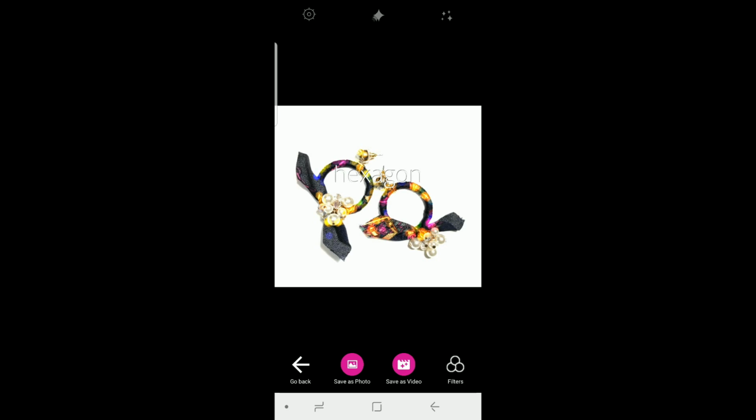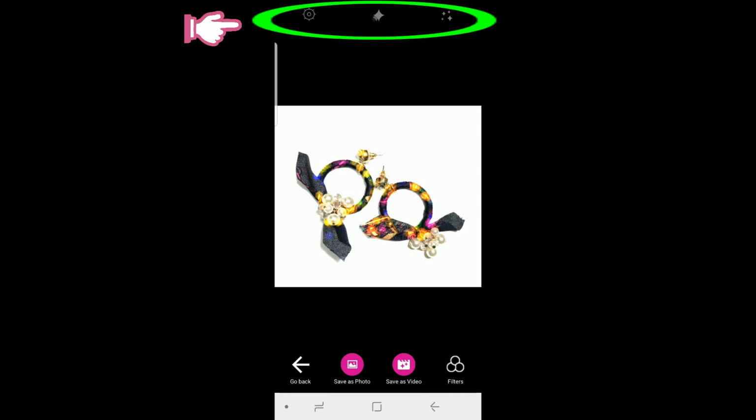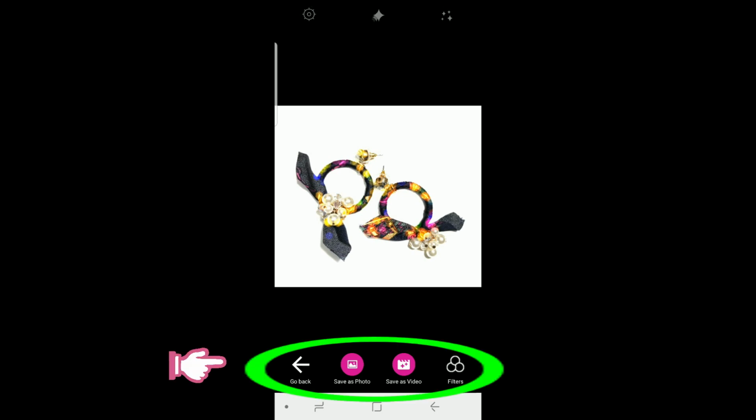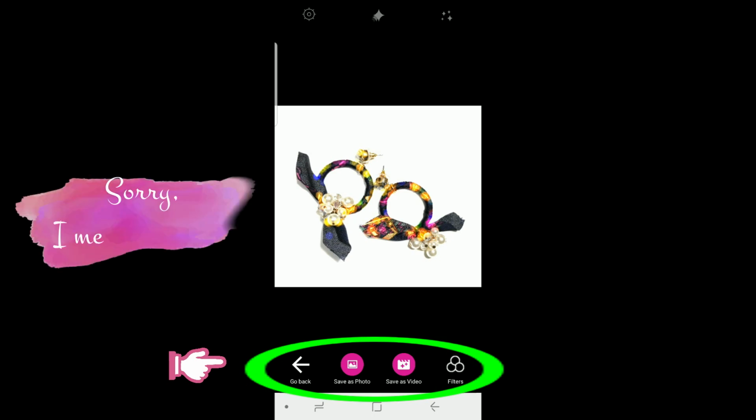So now I have selected that picture, and you can see there that you're able to see the hexagon sparkles. And in here I can just click save, because I just want to make this video quick. But anyways, you already know how to operate the top row. You can increase the size of the star, the sparkle, how many you want. And in the bottom, when it's a picture, you have the option to either save it as a picture or save it as a video. In this case, I'm going to go ahead and save this picture as a video. Okay, I'm just going to click save,